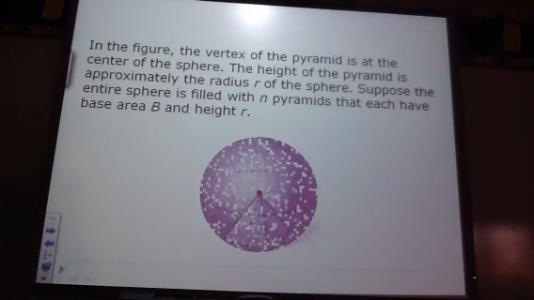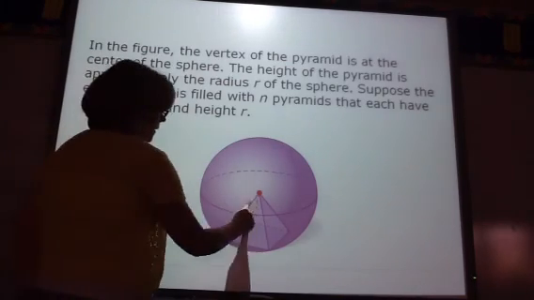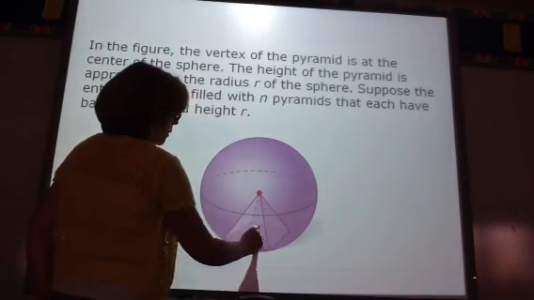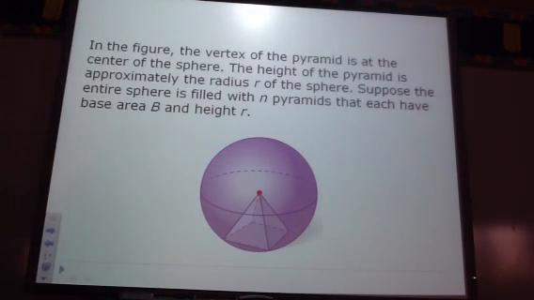In the figure, the vertex of the pyramid is at the center of the sphere. So you've got this pyramid, looks like a rectangular pyramid. The vertex is at the center of the sphere. The height of the pyramid is